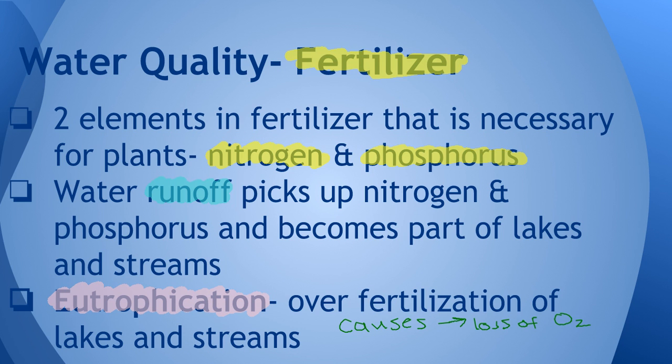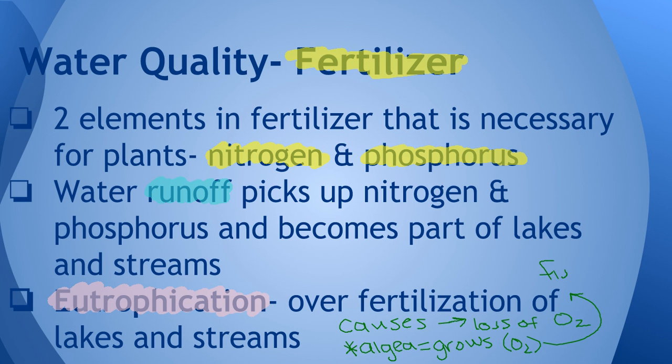What happens is things that need nitrogen and phosphorus, such as algae, grow so much. It grows so much the whole lake tends to become more algae than actually water. And when the algae is growing, algae uses O2. And because of this,